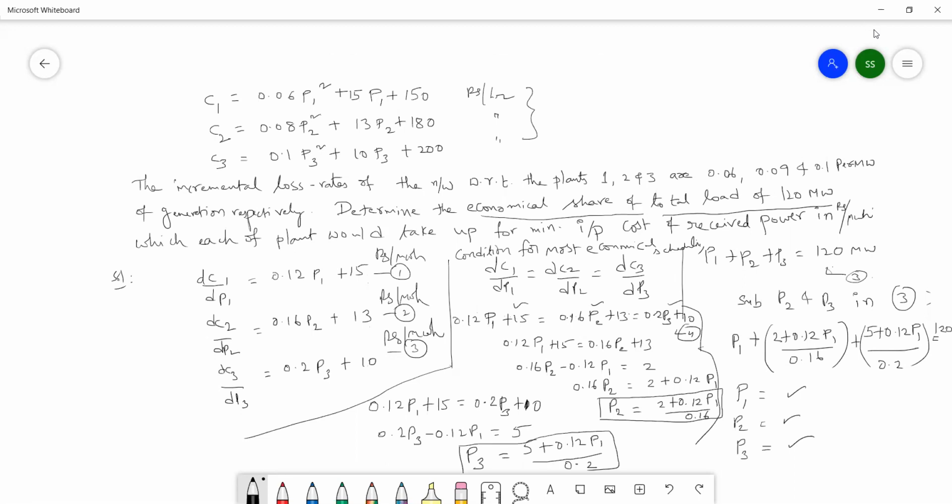We have one more derivation. Up to this, your unit number 3 is finished as per your syllabus. But sometimes, if they want to make the paper more complicated, they may ask about loss coefficients. So I will cover that loss coefficients derivation and some model problems in tomorrow's class, so that we can wind up unit number 3 by tomorrow.